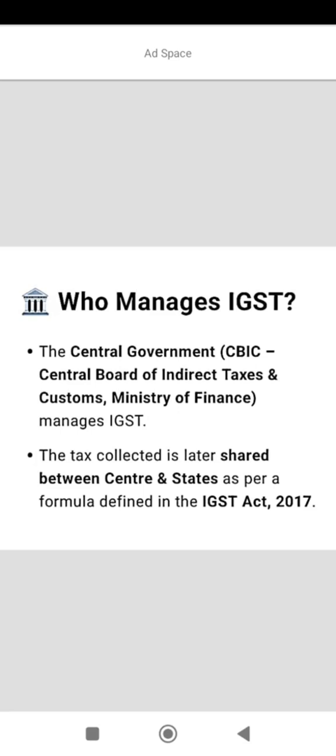There are 2 types of tax: direct tax and indirect tax. Direct tax is levied on the income of an individual, and indirect tax is levied on goods and services, etc. Okay, I hope this is clear to you. The tax collected is later shared between center and states as per the formula defined in the IGST Act